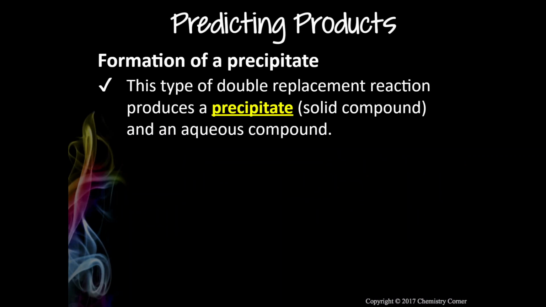All right, this is where we're going to do a little bit of learning today. Anytime you have a double replacement reaction that is not a neutralization, you should look and see if that produces a precipitate. In other words, if one of the products is insoluble. Of course, if both of them are soluble, then it will not react. It will be a non-reaction. So we look at our solubility chart,